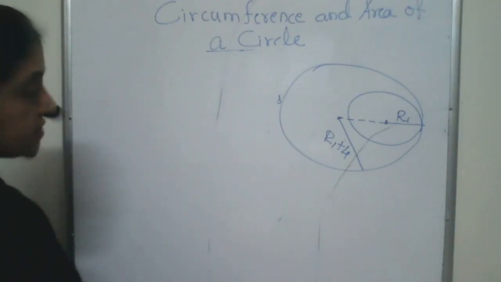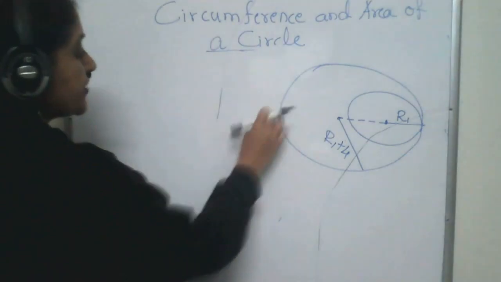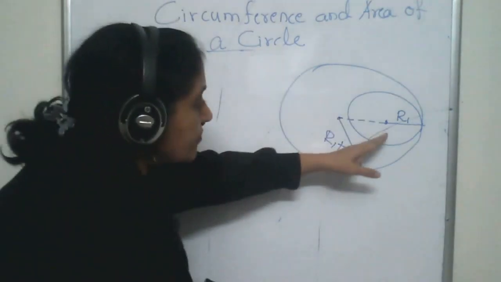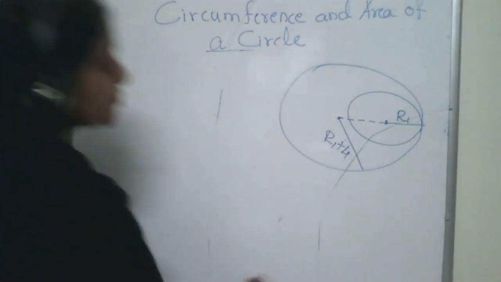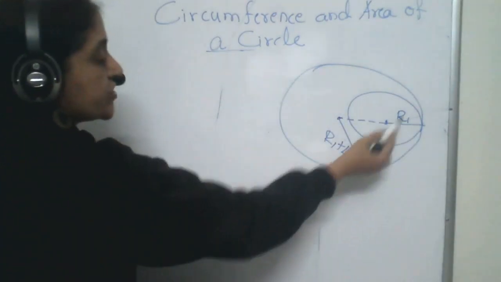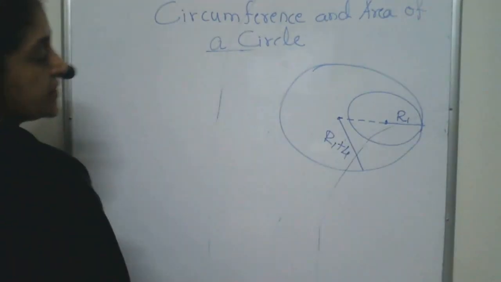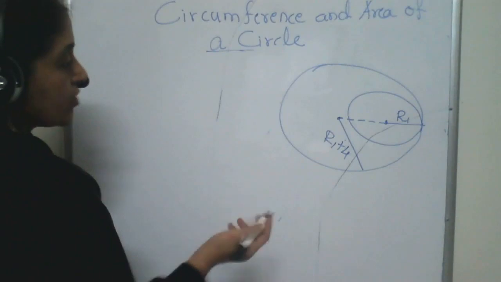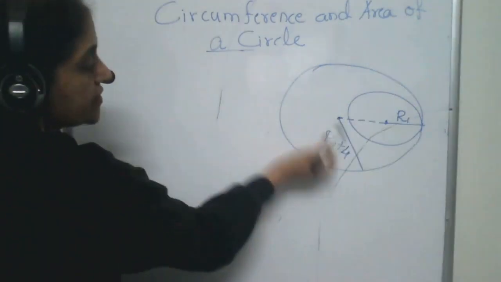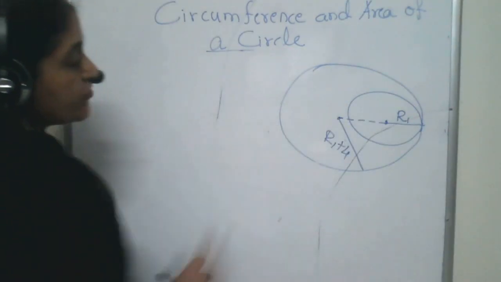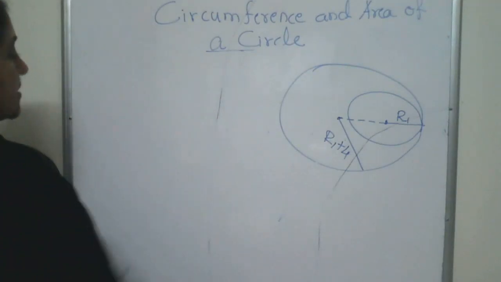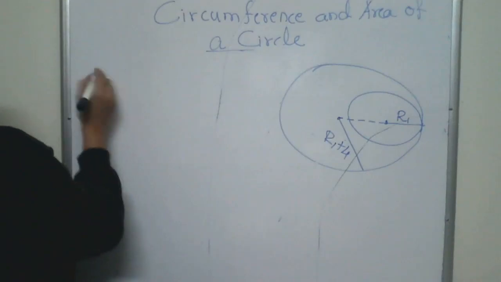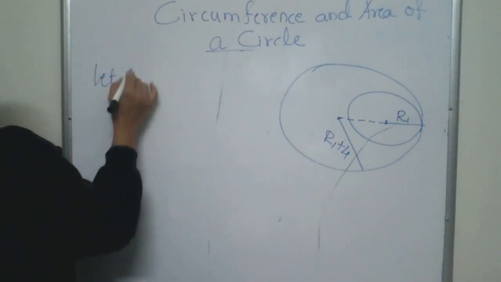Hello students, this is another question but with a different arrangement. The two circles are touching from inside only. The radius of the small circle is r, and they have given that the difference between them is 4. Means if this is r, the other one is supposed to be bigger than this by 4, being a bigger circle. Now we'll take it as let r1 be